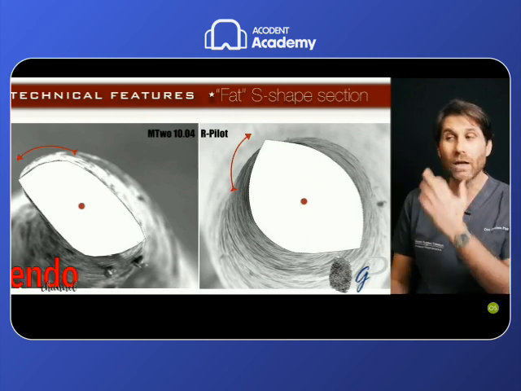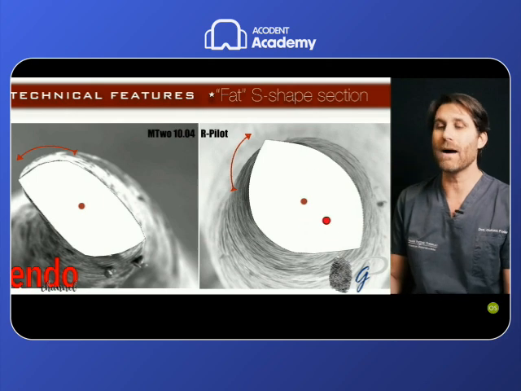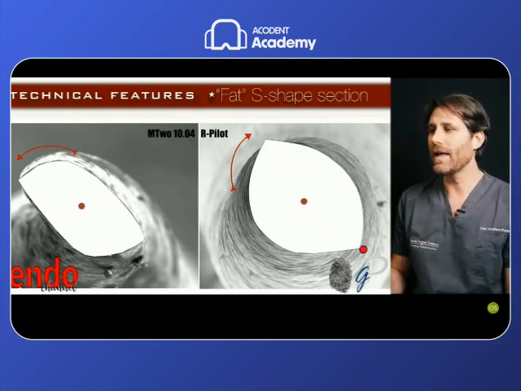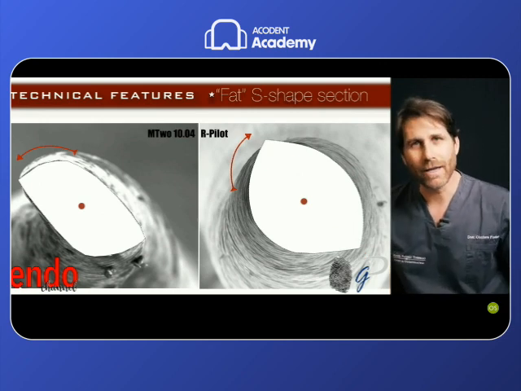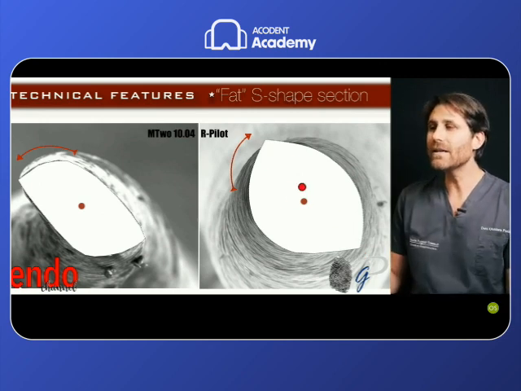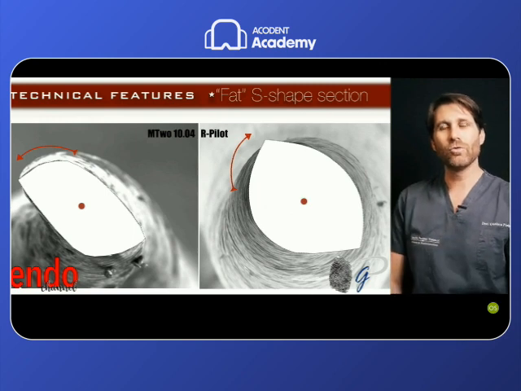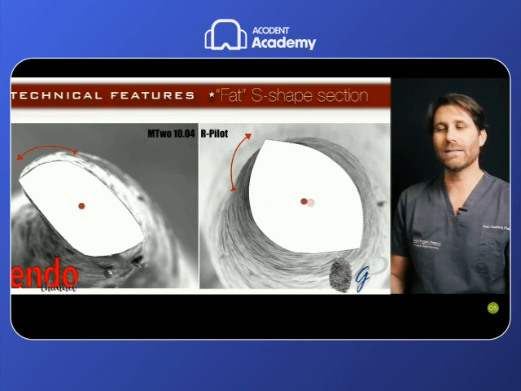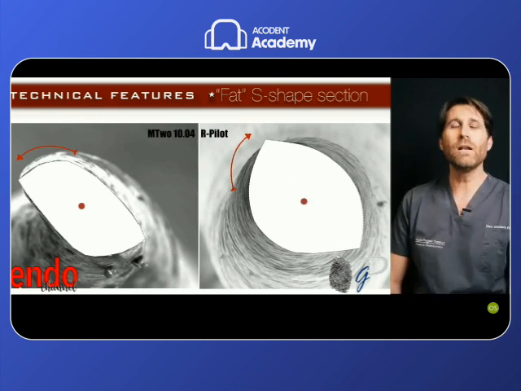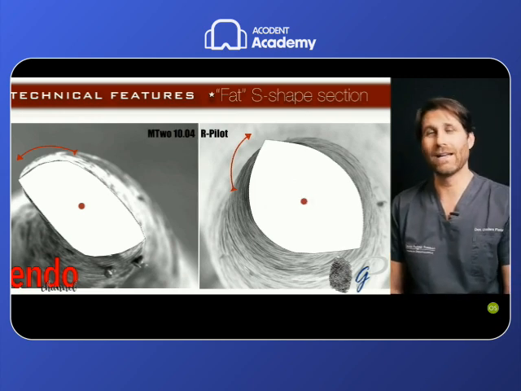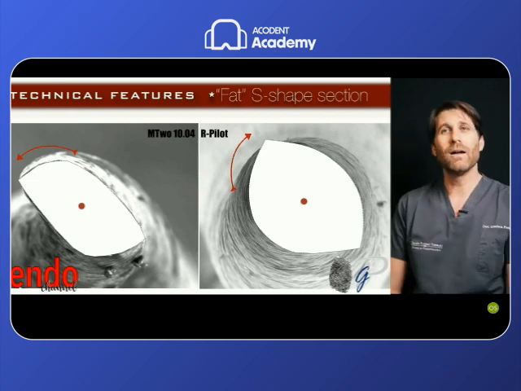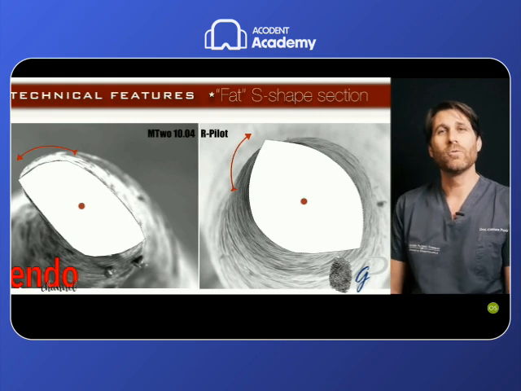This S shape is a little bit fatter. Why fatter? To include a little bit more metal mass, maintaining the two-blade S-shaped cross-section, that is very important for the cutting ability, but increasing the resistance to torsion by increasing the metal mass inside the cross-section. This will not reduce the flexibility of a file so small like this, but it will increase the resistance to torsion, to withstand the torsional stresses.